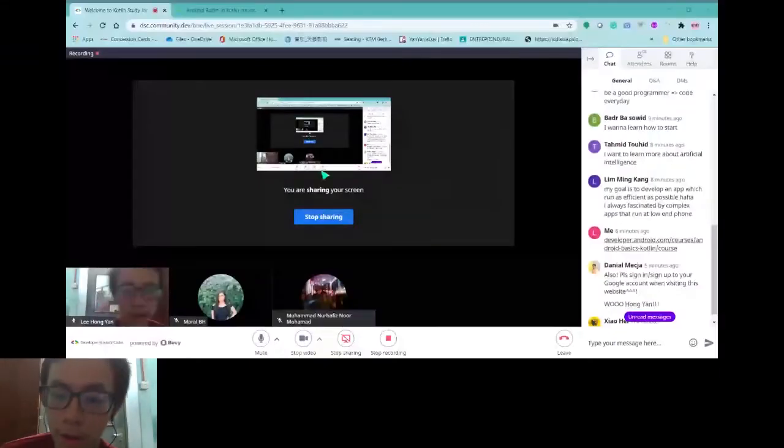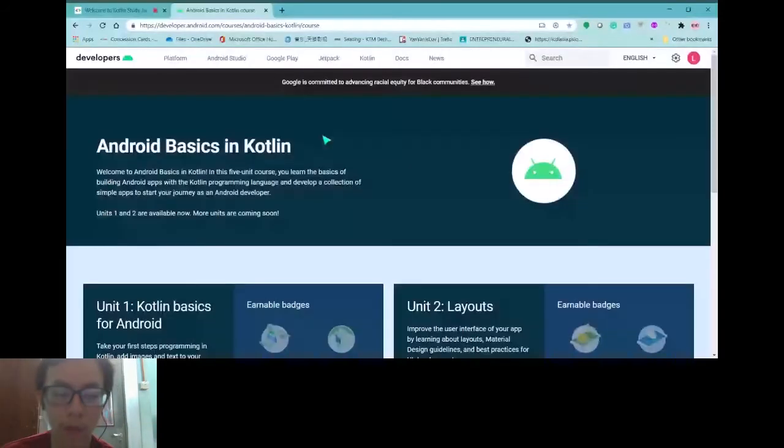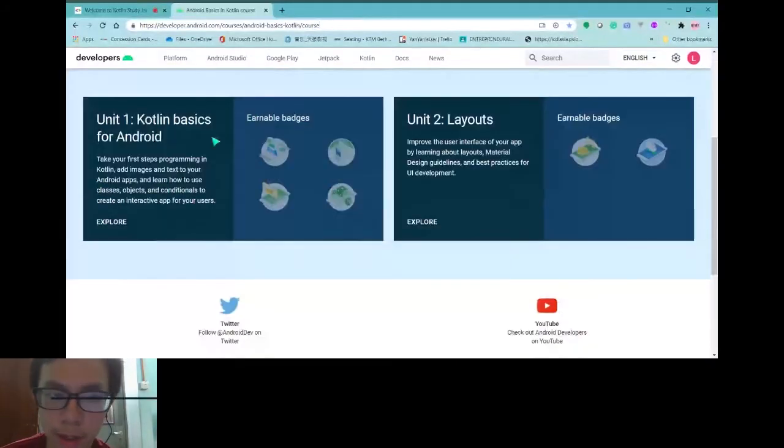Right. So in this pathway 1, at first I want to clarify some terminology. You can see there are 2 units here. These are called units. And then these 4 and these 2 are called pathways. Inside every pathway, like what we are going to do together now, this is pathway 1.